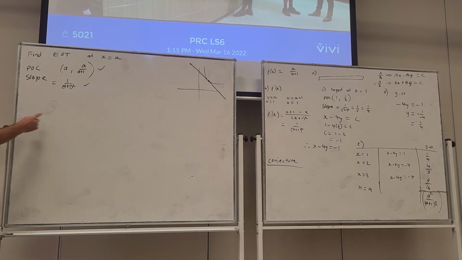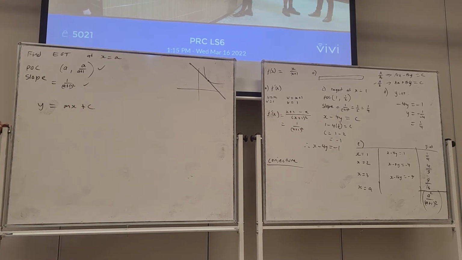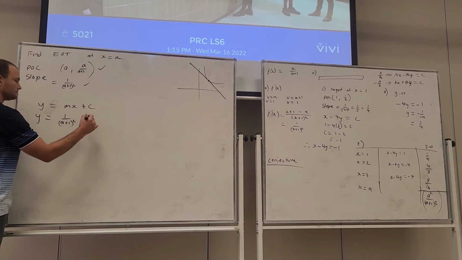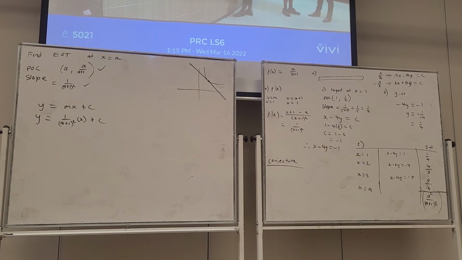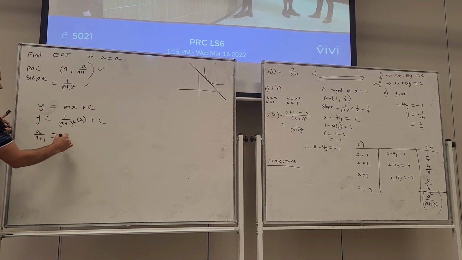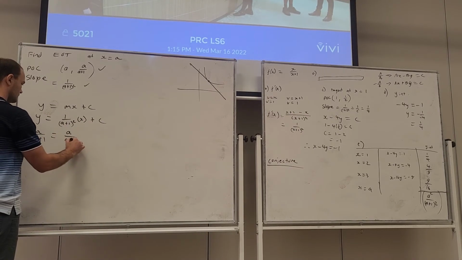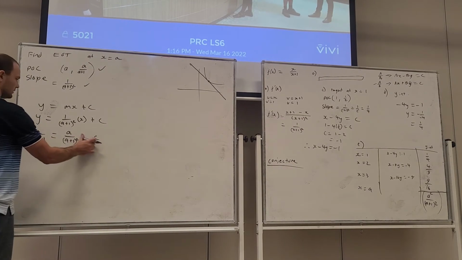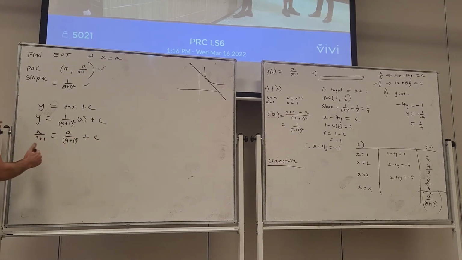Alright, we've got everything we need to find the equation of a tangent. The tangent is y equals mx plus c. m is 1 on a plus 1 squared. And then we will substitute in the point of contact. We're going to have a on a plus 1 is the y. The x value here is going to be a. Plus c, sorry. We'll get c by itself. c is going to be